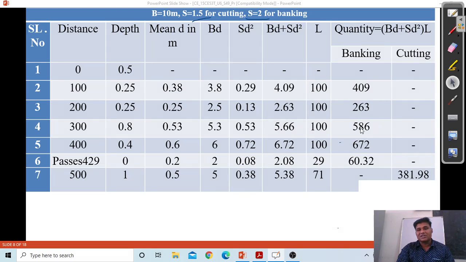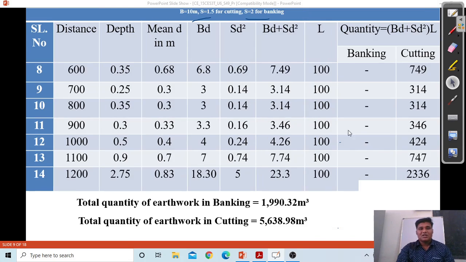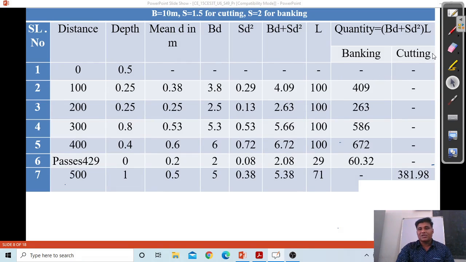Here just make a small correction. It is not 586, it is 566. Again, continuation from the chainage 600 to 1200. Follow the same steps and calculate the volume of cutting 749, 314 up to 1200 meters. Then add all the quantities, from here to here,